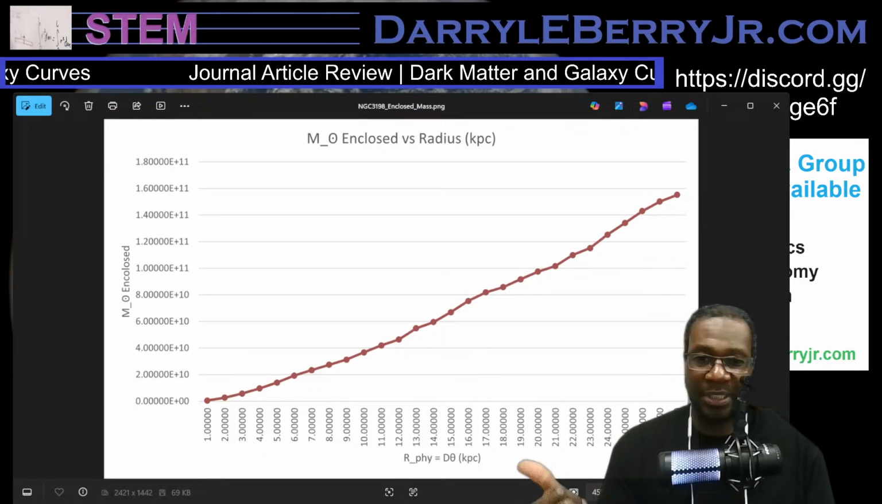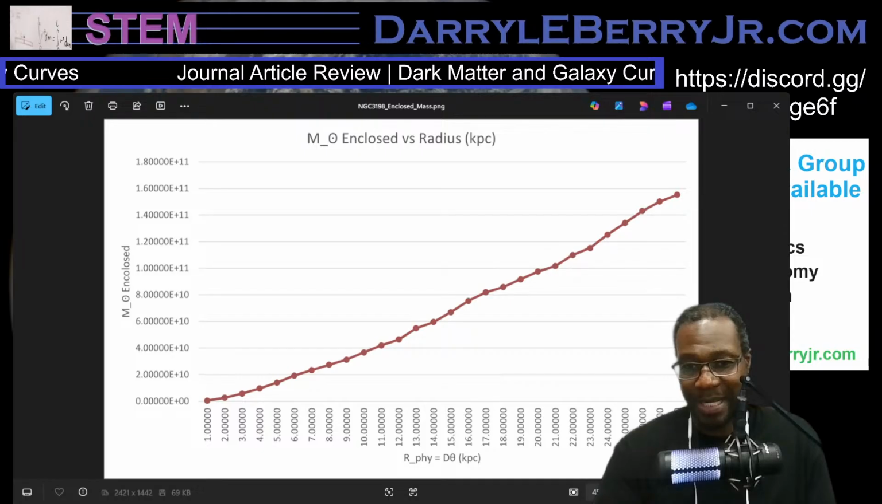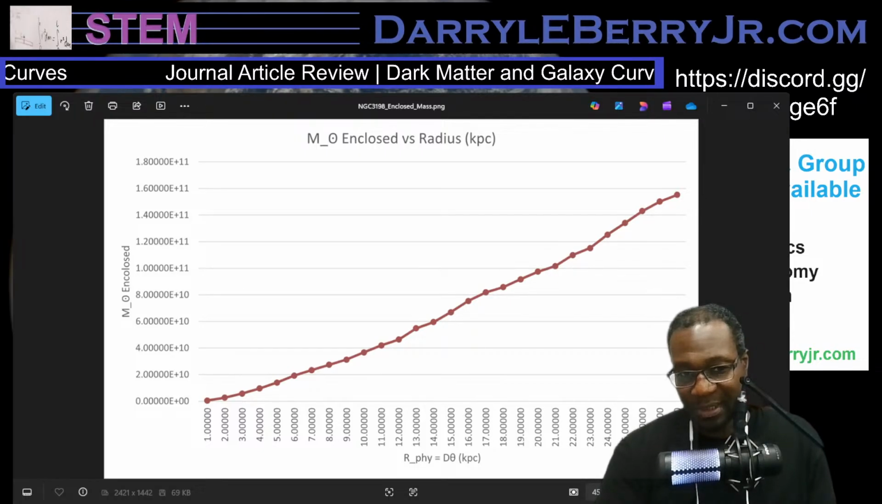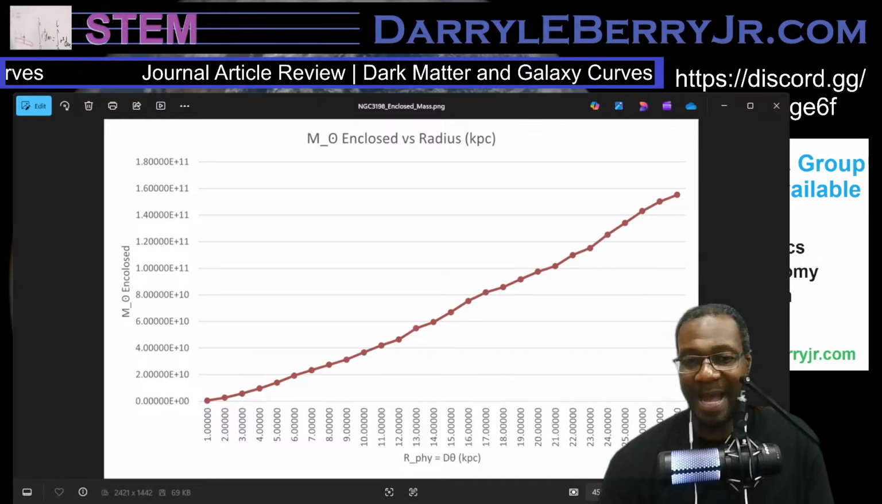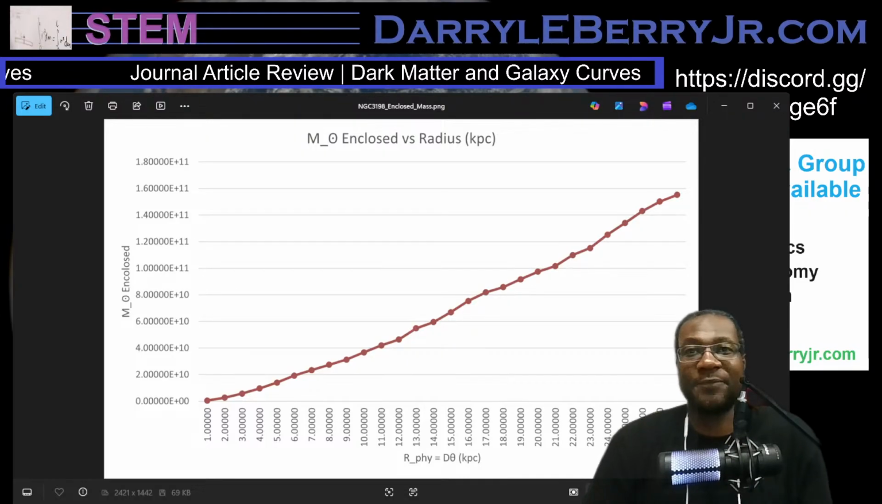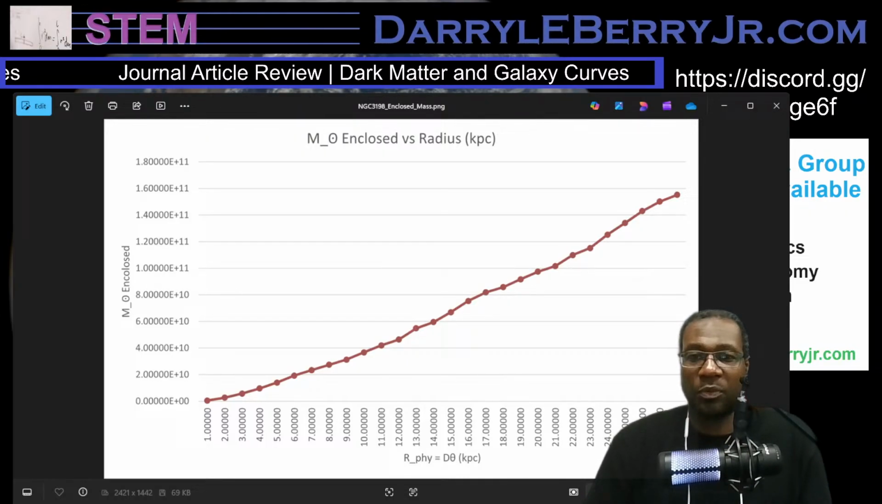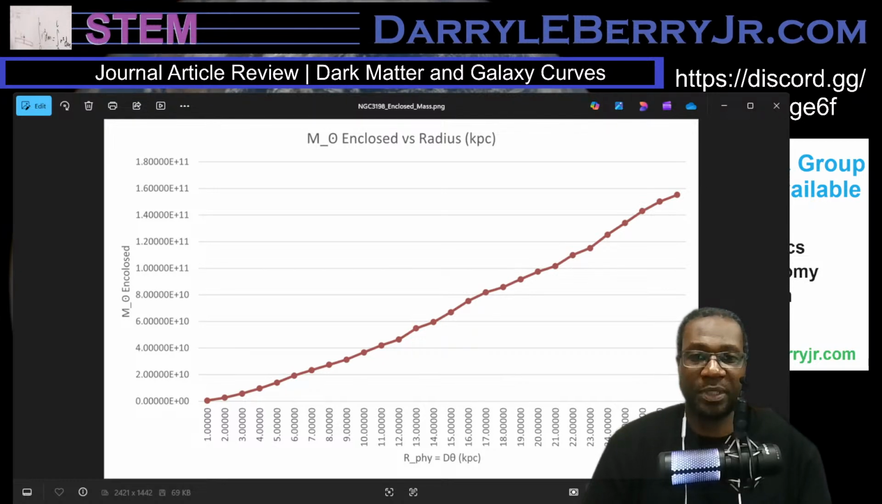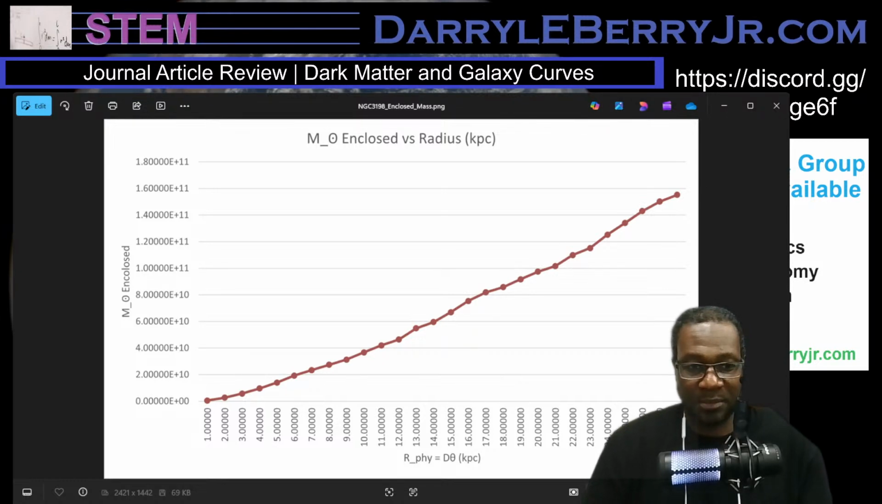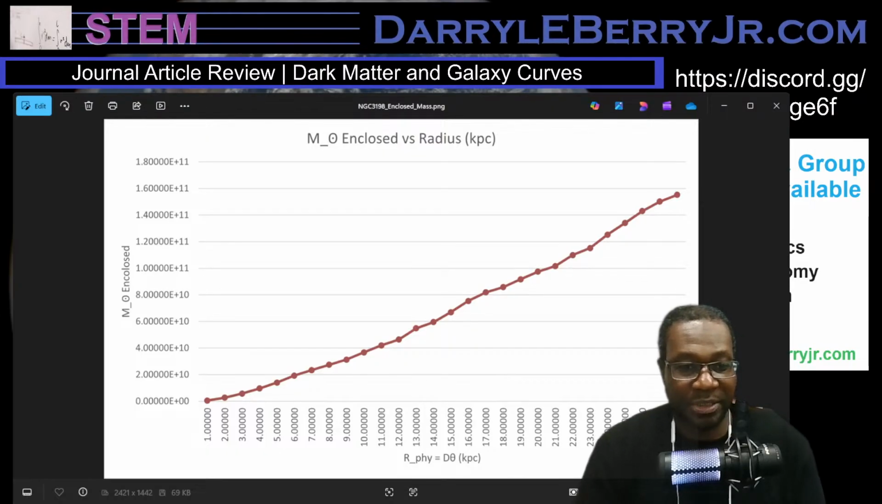And doing those calculations, plotting that data, this is what I got, which means that if we're looking at the mass enclosed, so for instance, if you think about it this way, the way gravity works is if you have a spherically symmetric piece of mass,